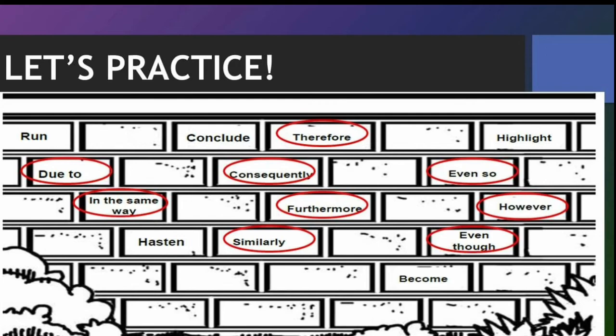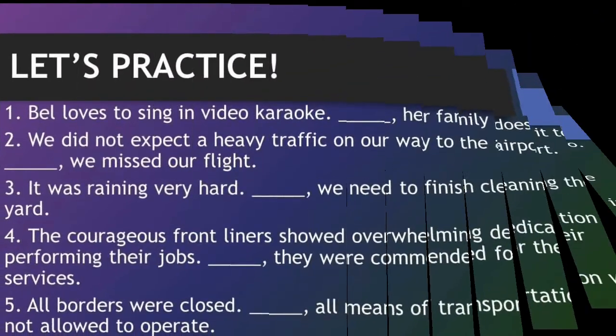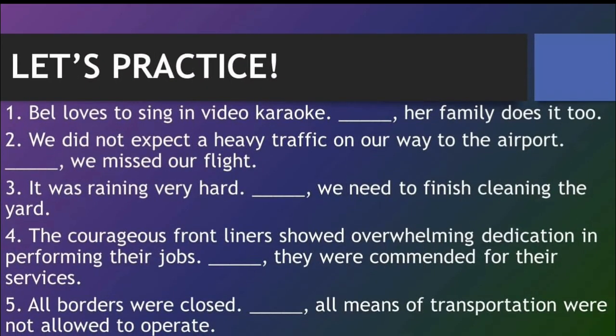Then next, let's have part 2. The direction is you need to fill in the blanks with the appropriate transition signals, and you need to choose your answers from the transition signals that you picked out from activity 1. And again, write your answer on your sheet of paper. So let's have number 1 to 5. I am giving